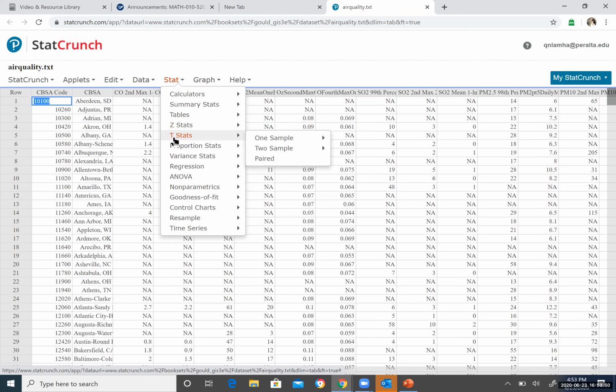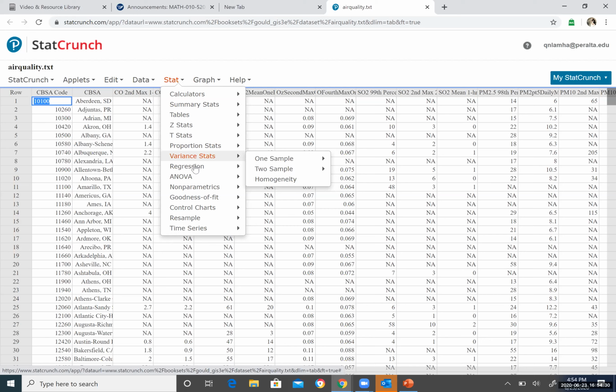Let's see what happened. T-stat represents the critical values, same as Z-stat. However, t-stat represents something related to degrees of freedom, which you do not learn now. Proportion stat, this is talking about fraction stat. You do not learn this right now, but you will learn later. Variance stat is another way of computing the spread of the data. But with variance, you have to take the square root to figure out the sample